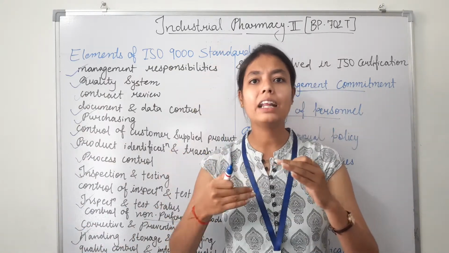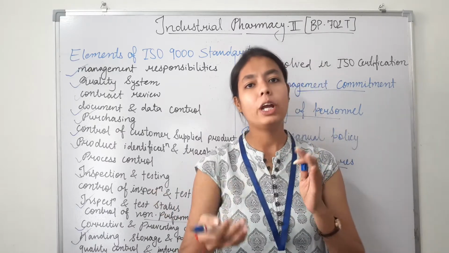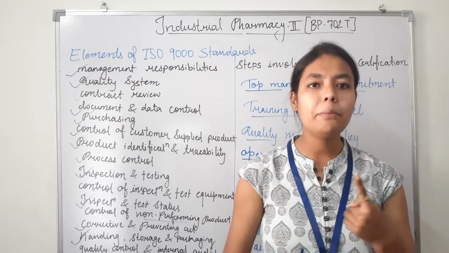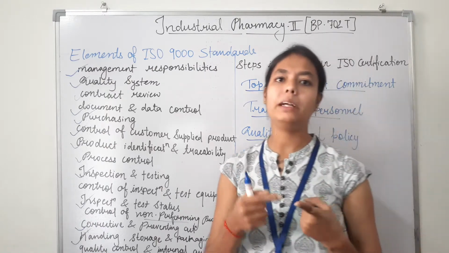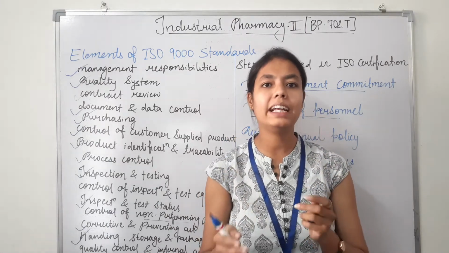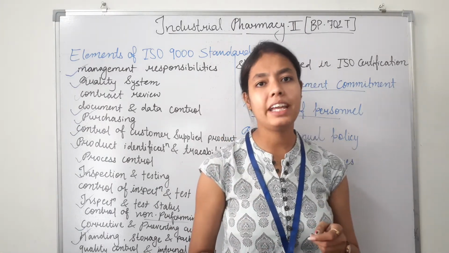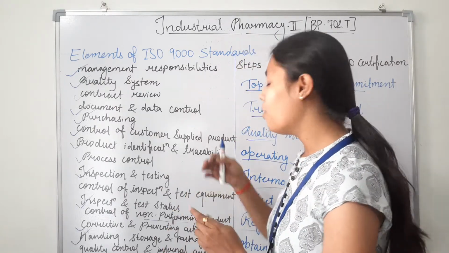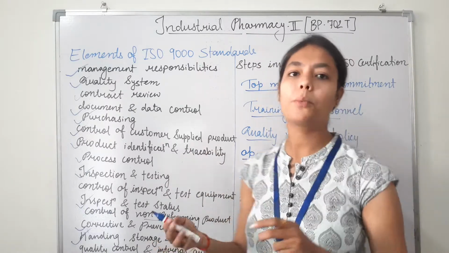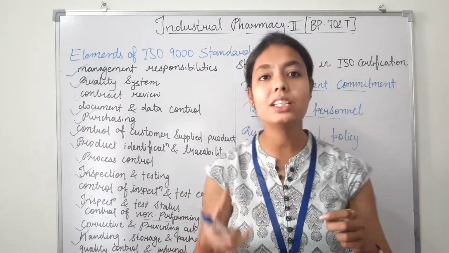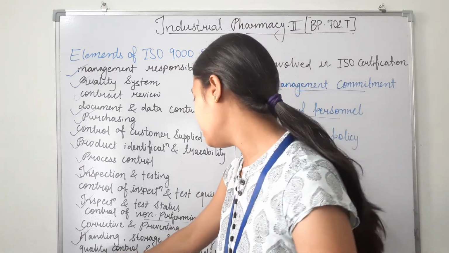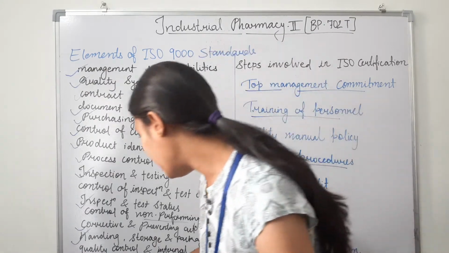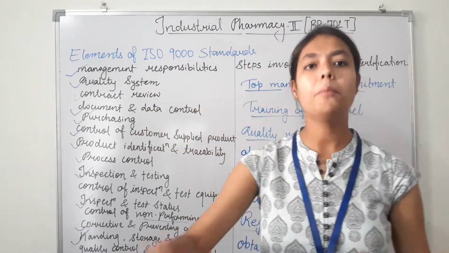So the following are the key records to be kept in any process or for a product: audits of the quality system, calibrations of the test and measuring equipment, analysis of the process control data, records of any corrective action taken, and what the various customer complaints are and what rectification procedure you have opted for to control the quality, and internal audits. After that we have the training program also.